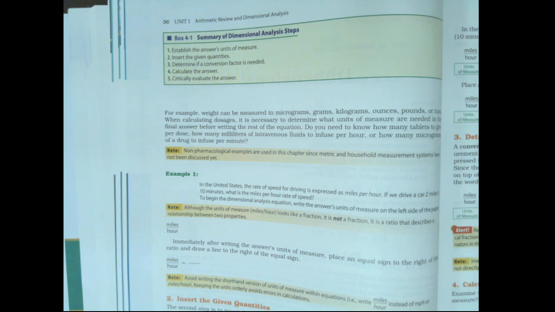Now, these ratios are not fractions, therefore these ratios are showing relationships between two things. And a lot of times we're going to find these relationships given within our word problem. If they're not given within our word problem, we're going to go to step number 3 and see if we need a conversion factor. Okay, so those conversion factors,